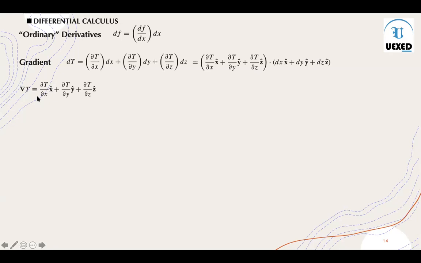Okay, and then you can write this as a dot product of two vectors. One is delta t times the dl vector, where dl is the displacement. And that's why these notations are important. I already introduced that whenever I write dl in bold letter, then we mean dx x-hat plus dy y-hat plus dz z-hat. Okay, and then this delta t is again a vector, which can be written something like this. Okay, so this is called gradient.